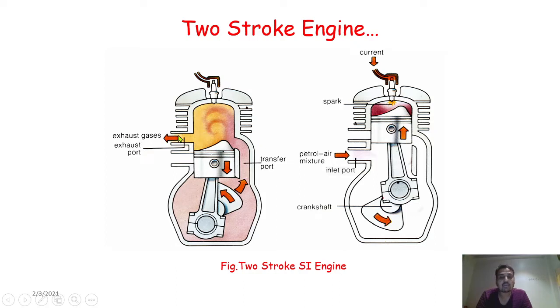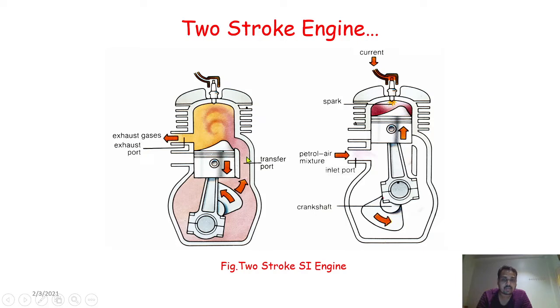Now in the two-stroke engine, we have three kinds of ports. One is an exhaust port. Please concentrate on the mouse indicator. Here I am showing, this is the exhaust port through which the exhaust gases go out to the atmosphere. This is the inlet port, which we can see in this other diagram. This is the inlet port through which the air and fuel mixture comes inside the engine cylinder,